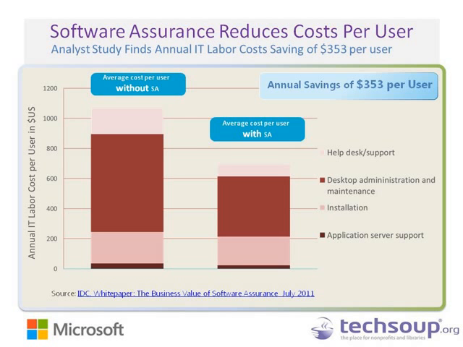So we did a study and compared organizations who actually use the SA benefits they have versus the ones who do not. As you can see here, regardless of whether you purchased software assurance or got it granted through the donation, it makes a huge cost savings difference per year and per user. They determined it's over $300 of cost savings just running the software in your organization, because using the benefits, having all the trainings in place, having all the administration and maintenance tools in place, and reducing the headache for your administrative staff to roll out the software has a huge impact on the cost.